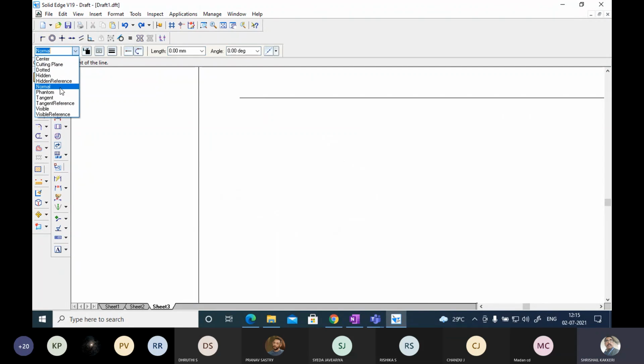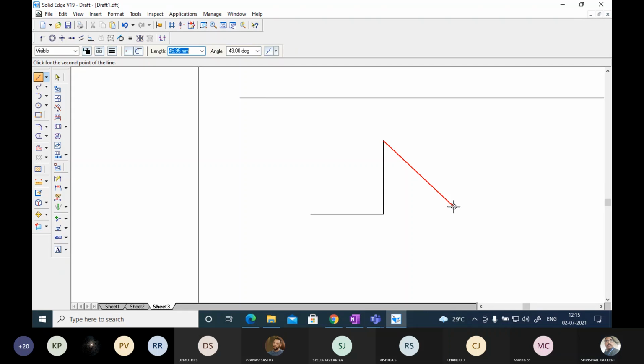Go to visible. 35 tab 0, 35 tab 90 degree, 35 tab 180 degree, or okay 180 degree, then you join this. But unfortunately, it is not resting on one of its edges, it is resting on the corners.